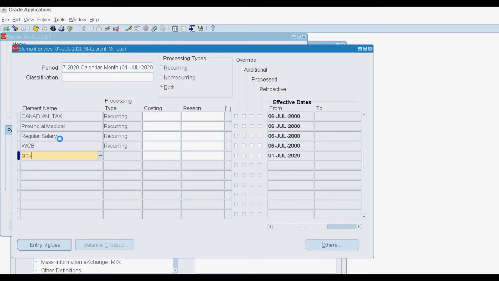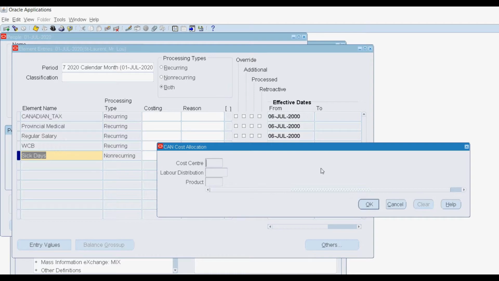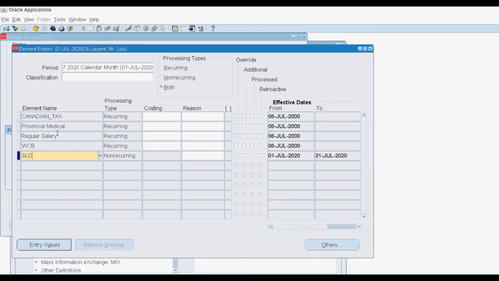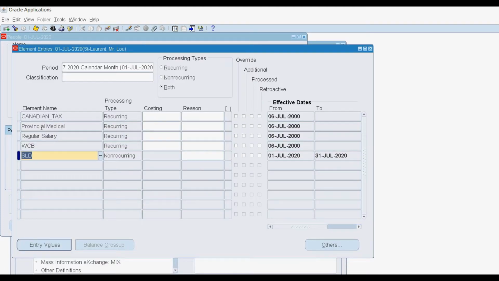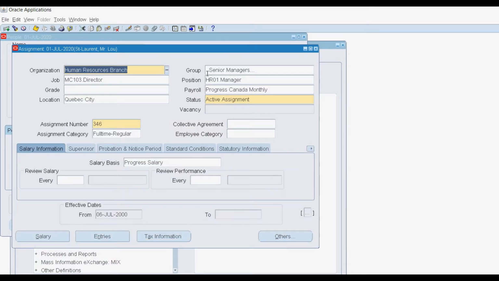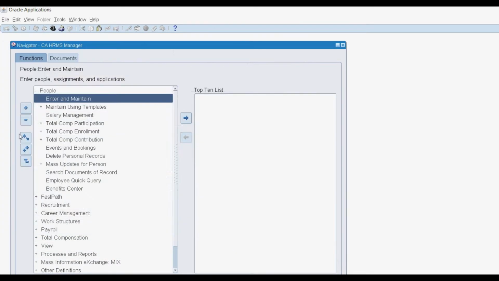Let me go and make the entry for the sick leave deduction element, but I can't see the element appearing here, and I don't want that also because I don't want this to be manually input for each and every employee's element entries. Instead, let us go back to the element links, and we will define the eligibility as standard for all the employees, so that whomsoever are availing the sick days, for them automatically the formula will do the calculations by calling the PLSQL, and it will return the appropriate deduction amount.